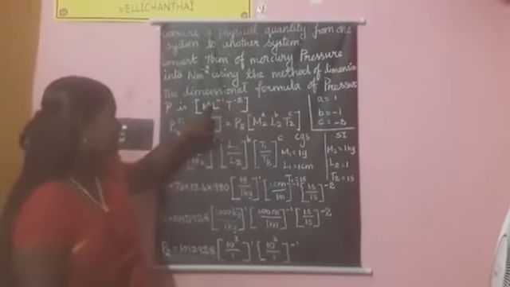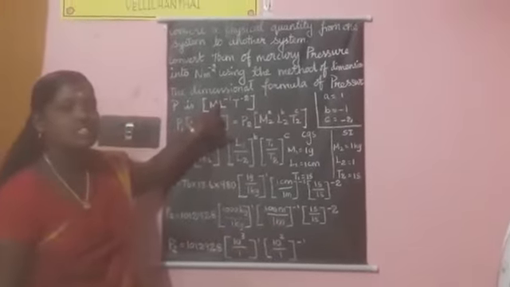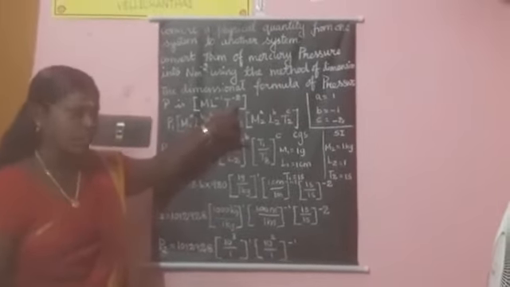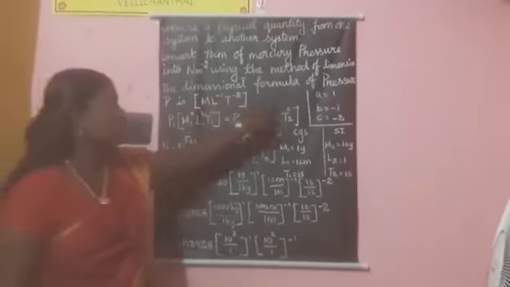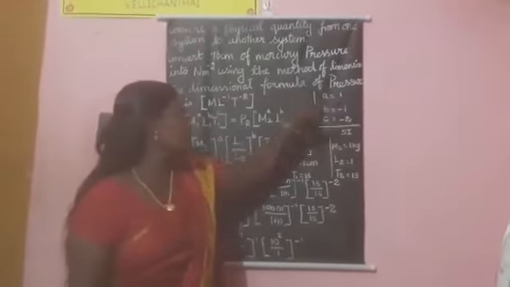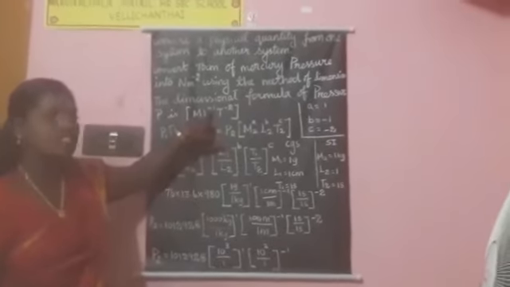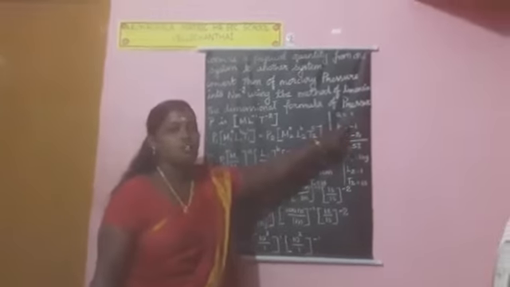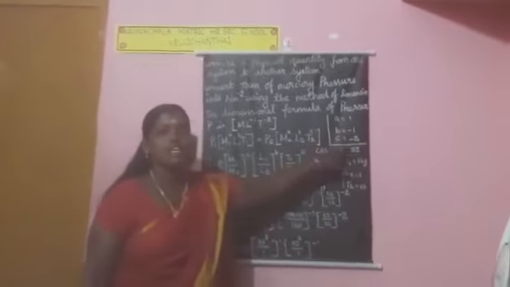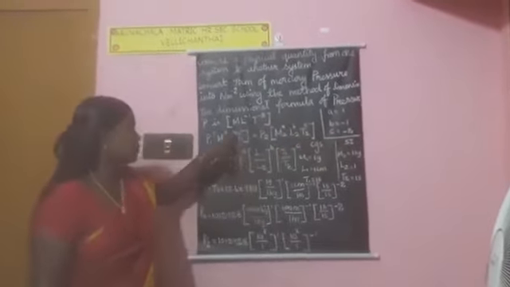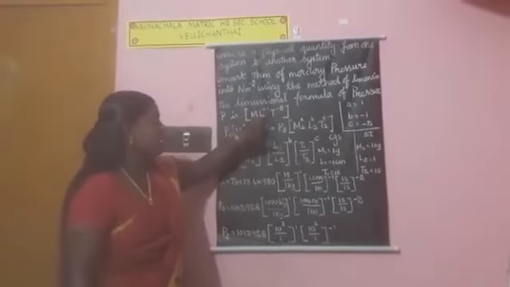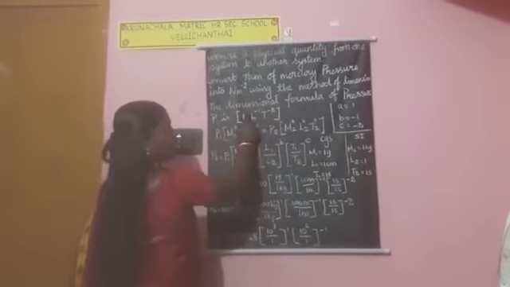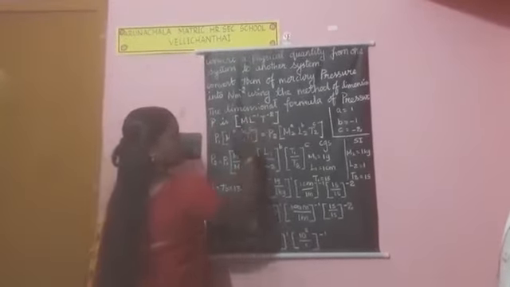Okay, so the first quantity's power is A, the second quantity's power is B, and the third quantity's power is C. So the first A value is 1. You have to note it here, A equal to 1. Then L power minus 1, this is power B, so B equal to minus 1. A equal to 1, B equal to minus 1, C equal to minus 2. So three powers are given: M power A, L power minus 1 and T power minus 2. So now A value is 1, B value is minus 1 and C value is minus 2.